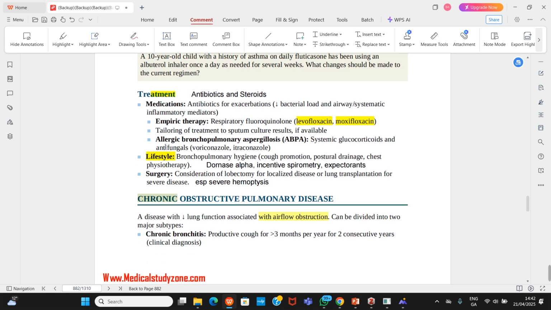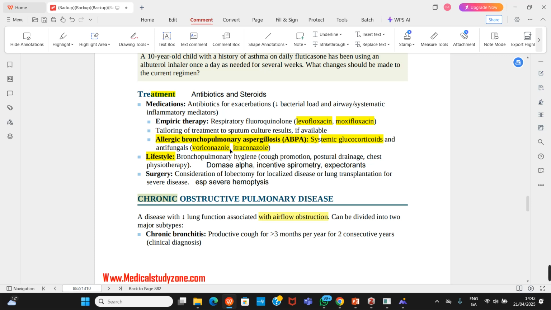Then if it was triggered by allergic bronchopulmonary aspergillosis, you must administer steroids to reduce the inflammation, and of course give antifungal, because the cause of allergic bronchopulmonary aspergillosis is the Aspergillus organism. So give voriconazole or itraconazole. The first line is actually itraconazole. Itraconazole is preferred. But if you don't see itraconazole in the question, just pick voriconazole with your steroid